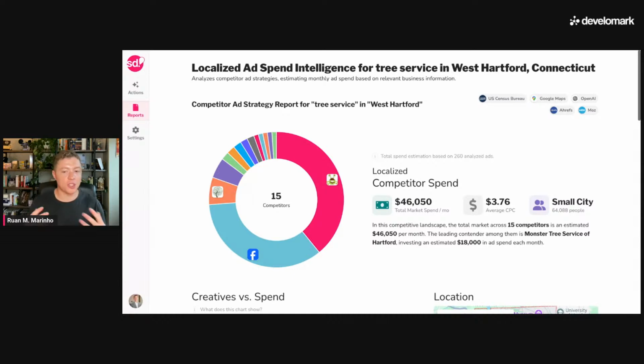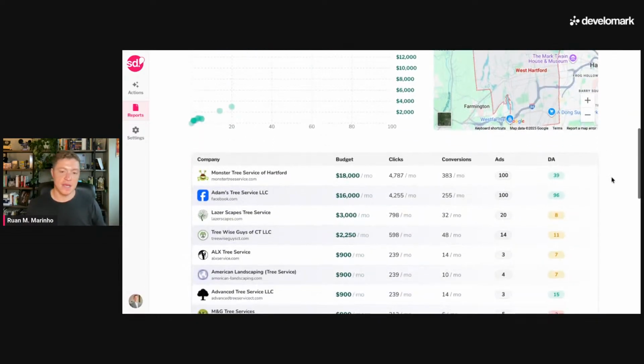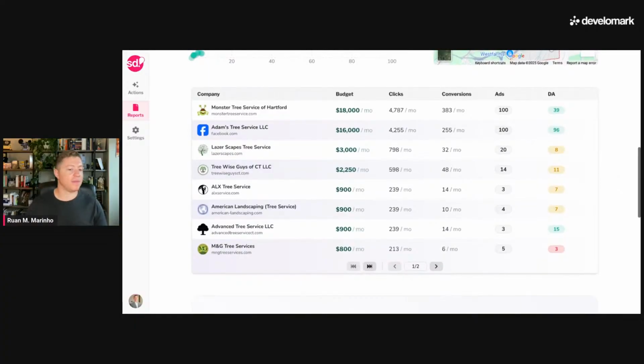And this works with pretty much every niche that you can think of. If we can find ads, it will display this information. Based on looking at this data, the average company is spending anywhere from $800 a month to $18,000 per month. And so we might want to stick right in the middle. There's a report that you can run that's going to tell you exactly how much they're going to want to spend in advertising. But it's important for the customer to know who's advertising in that area, as it gives them insight that you've done your research. You're not just gambling, you're not just guessing, you're giving a well-defined number